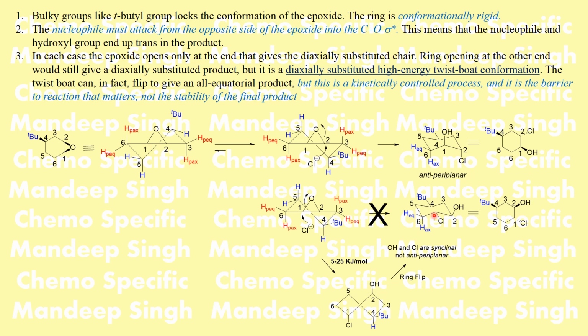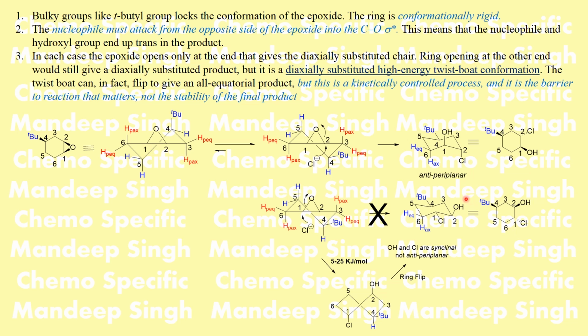So this is exactly what this point is about. It says कि इन केसेस के अंदर it is not the stability of the final product that is important. इन फाइनल प्रोडक्ट की स्टेबिलिटी बिल्कुल भी इंपॉर्टेंट नहीं है, but it is this particular barrier. ये जो बैरियर आपका होता है ना 50 to 25 किलो कैलोरीज किलो जूल पर मोल का, which varies from molecule to molecule, किसी केस में ज़्यादा भी हो सकता है, किसी केस में कम भी हो सकता है। But जब अटैक आपका ऐसे होगा और molecule has to go through this strained structure, मॉलिक्यूल को ये एक्स्ट्रा बैरियर क्रॉस करना पड़ेगा, ठीक है।